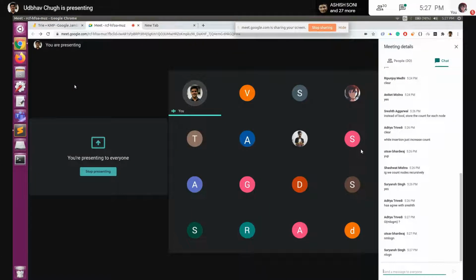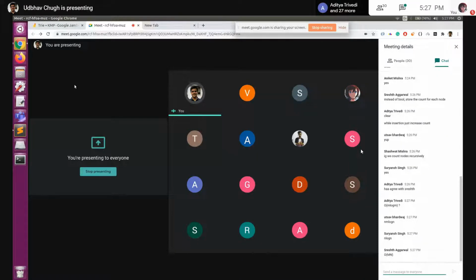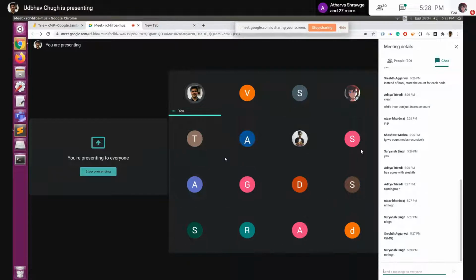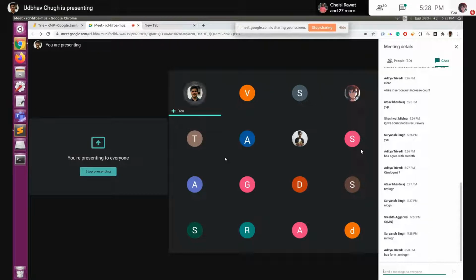m log m is wrong. n is the number of strings we have, right? So n log n would obviously be there if we are using merge sort, if we are doing only order one comparison. So Utsav is saying nm log n, and I think that's correct. If we see only sorting of numbers, we know the complexity is n log n, and the comparison there takes order one time. But here comparison in the worst case can take order m time, since we have to compare m characters. So a factor of m will also come into play. So nm log n would be the complexity for sorting strings.